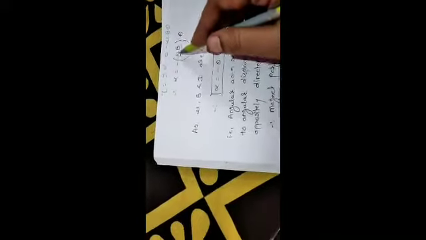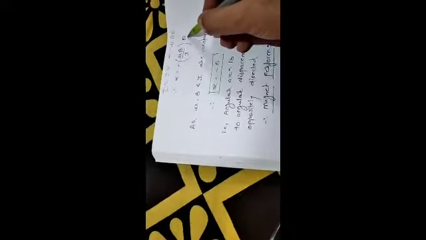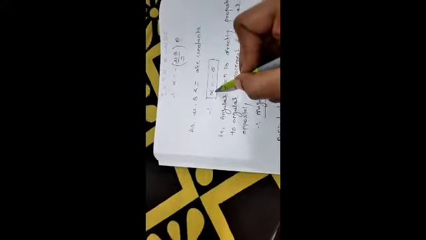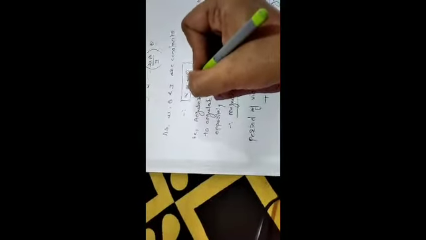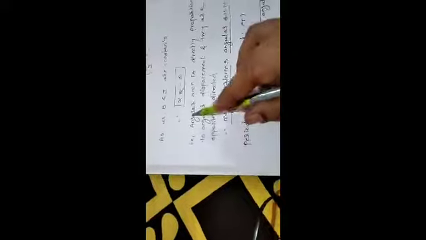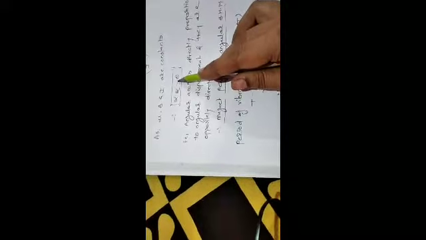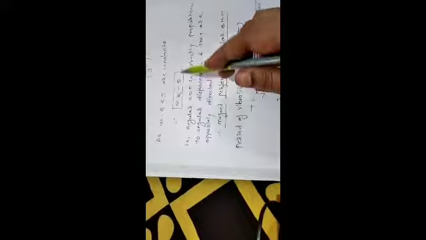If these terms, mu, B and I, are constant, then alpha is equal to minus of theta, that is, the angular acceleration is directly proportional to minus of theta. Therefore, angular acceleration is directly proportional to angular displacement, and the negative sign indicates that both are acting in opposite directions.